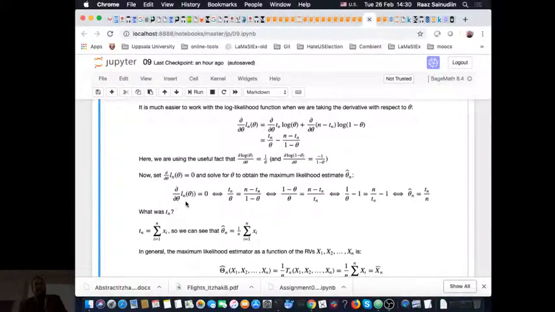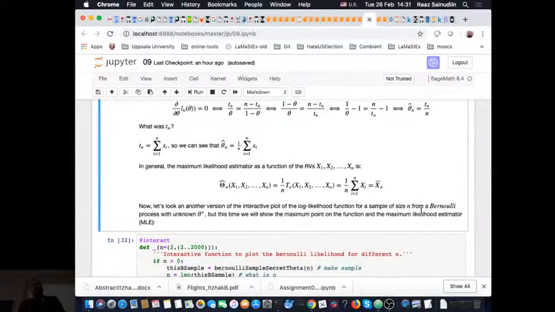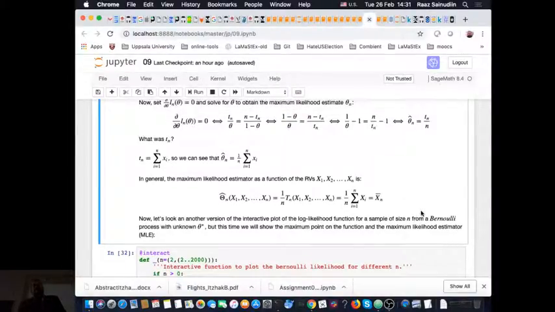So d by d theta of little ln of theta, the log likelihood, equals 0. And then we solve for theta. So we just put in our expressions and keep going. And then we get theta hat is Tn over n. So this is too easy. That's the main step. So then the question is,